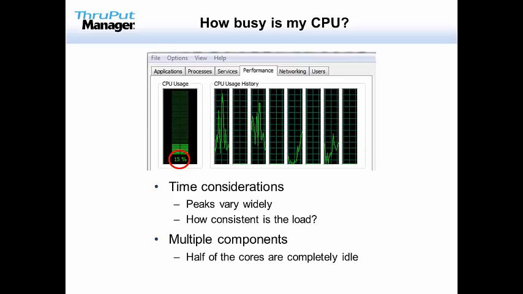And then the point about the components. I can see of the 8 cores here, 4 of them show some level of activity, 4 of them show none. Now I can tell you, because I'm familiar with my machine, there are actually only 4 physical cores on this. There are 4 logical cores, which are parked, a term that you might be familiar with. But this is just another way of looking at it, that you can't just rely simply on that 15% number.